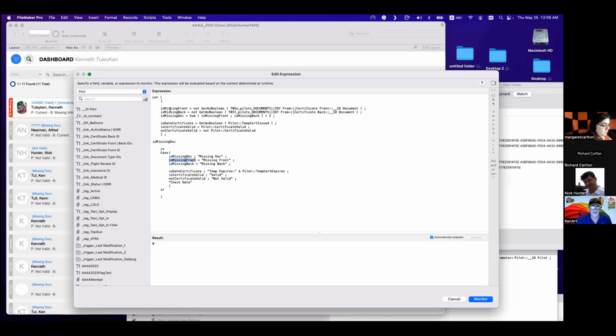Missing front is missing front. It should have said, because this is missing, I should have missing front. That should trigger right there. So why is this not going there? Why is this going straight to valid?